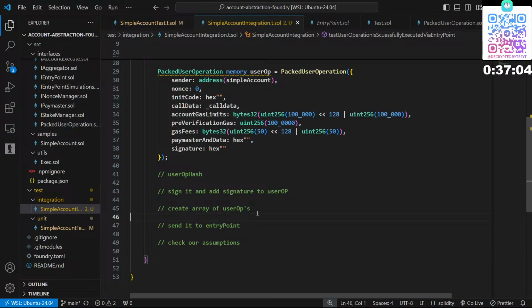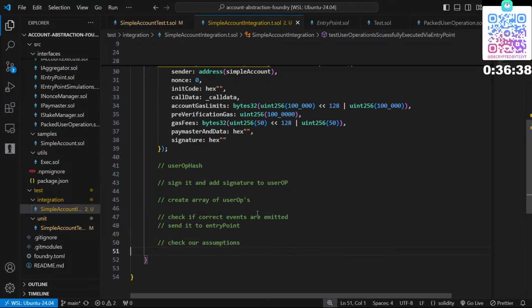We're also gonna test, check if it emits. Okay, we'll write that afterwards, like the event check if correct events are emitted. What is that? Okay,